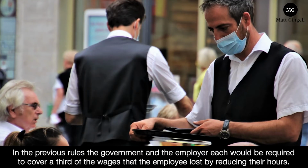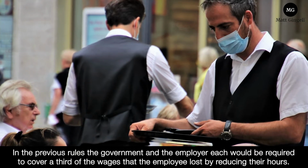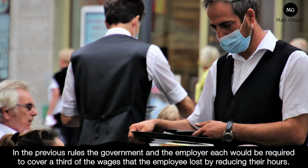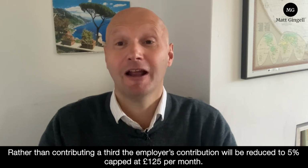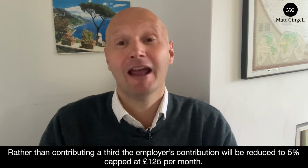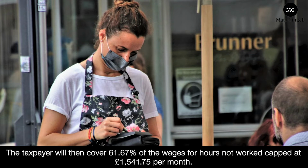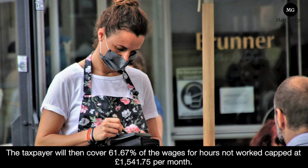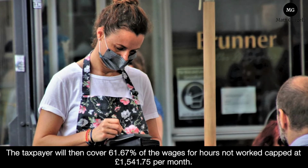In the previous rules, the government and the employer would each be required to cover a third of the wages that the employee lost by reducing their hours. Rather than contributing a third, the employer's contribution will be reduced to 5%, capped at £125 per month. The taxpayer will then cover 61.67% of the wages for hours not worked, capped at